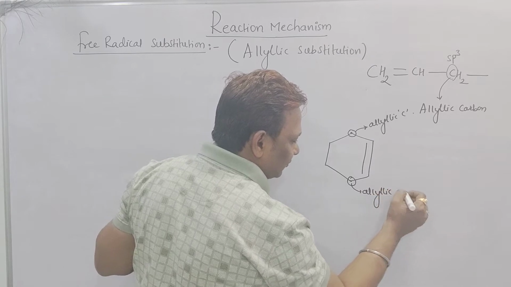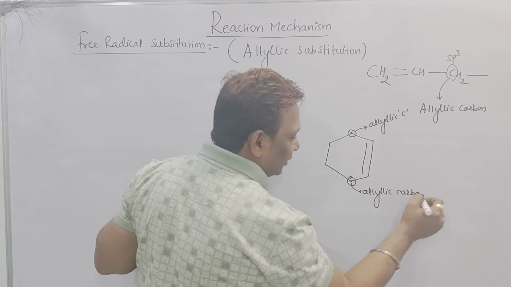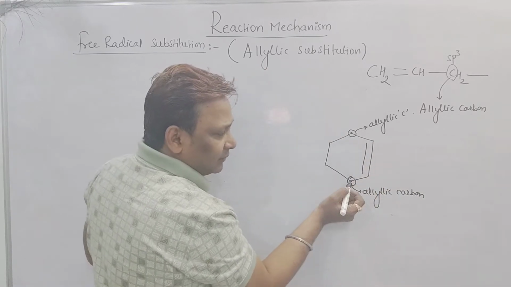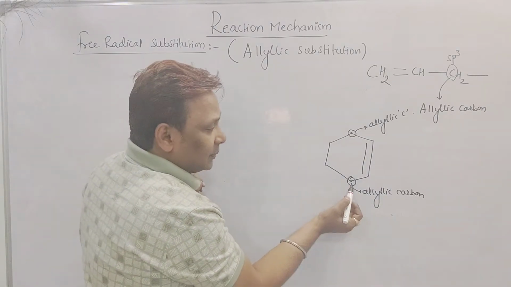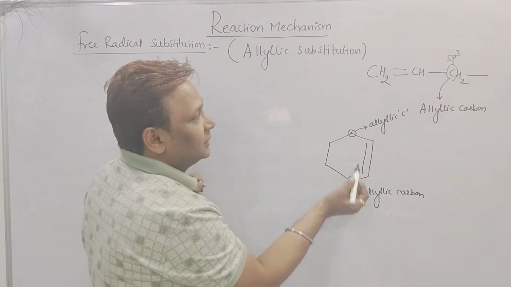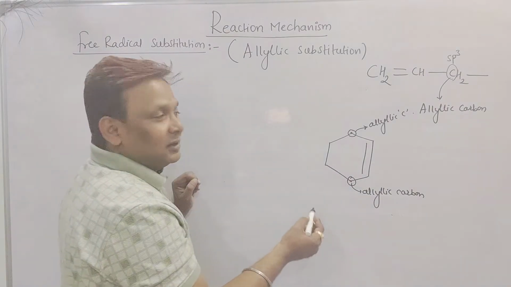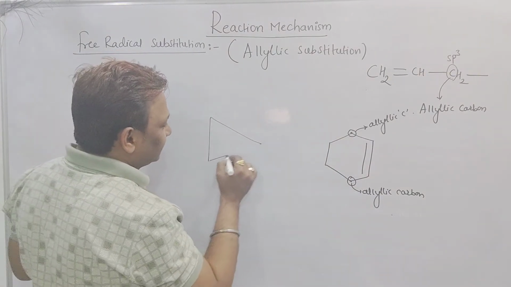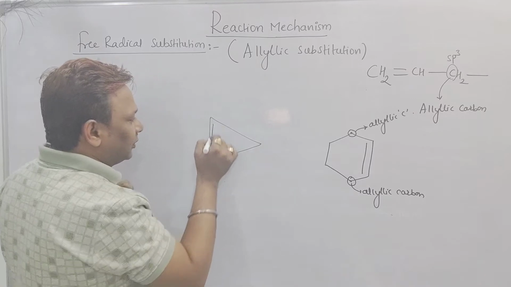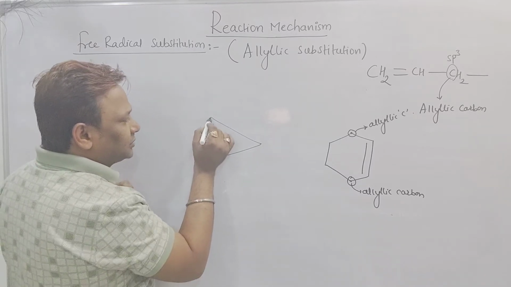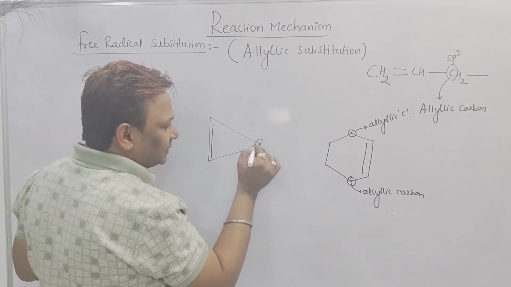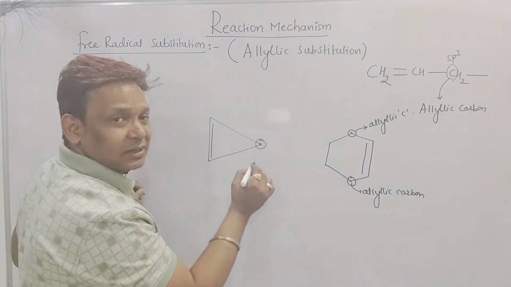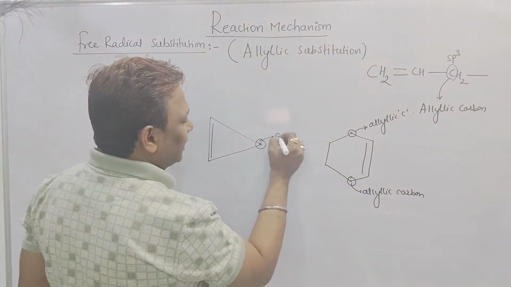This carbon is also an allylic carbon, and this carbon too, because C double bond C is bonded with the carbon, and this carbon is sp3 hybridized. One more example: a ring with a double bond here. See beta, C double bond C bonded with a carbon, and this carbon is an sp3 hybridized carbon. So this carbon is called